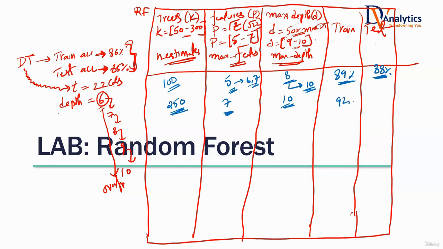Train accuracy happens to be 92. Test accuracy happens to be 90. Generally 1 or 2% is allowed. Anything more than that is considered as overfitting. This looks almost perfect. No need of changing anything in that.